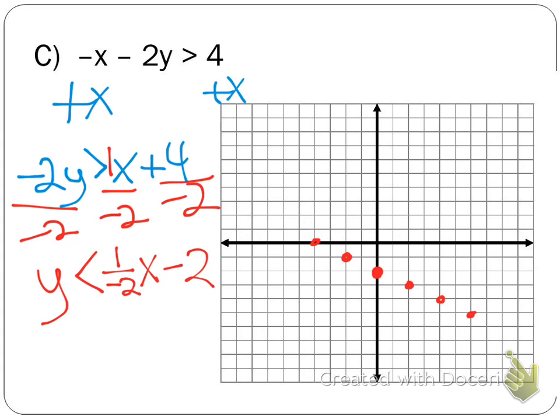So when you have like 3 or so points, decide what your line's going to look like. Is this going to be solid or dashed? Dashed, because it's not an equal to. And go to